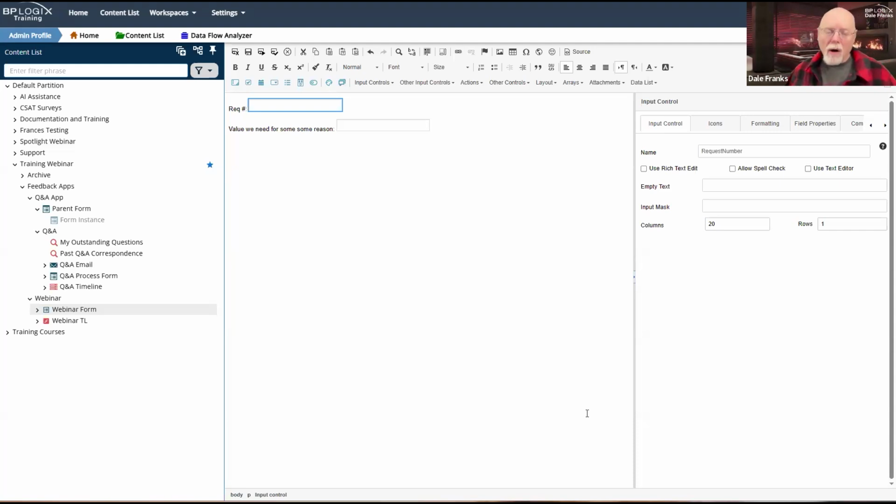Now, there are other things that you can pass. There are obviously system variables for grabbing the form instance ID. So technically you could pass the form instance ID. And as an implementer, at least, you could always find the form instance ID and display it.